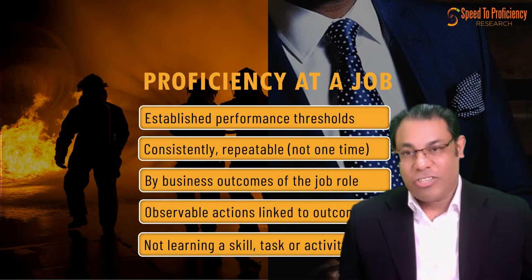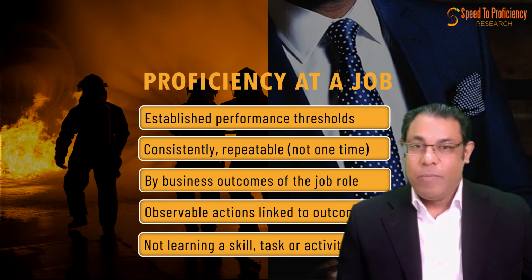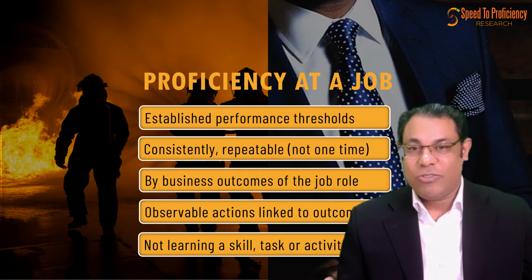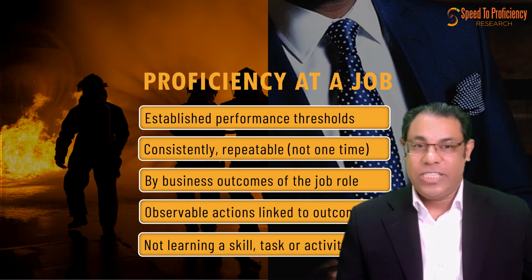And where does it start? It starts with you, the learning designers. But the real disconnect is that most organizations, educational institutions, and professional training institutes fail to deliver proficiency out of